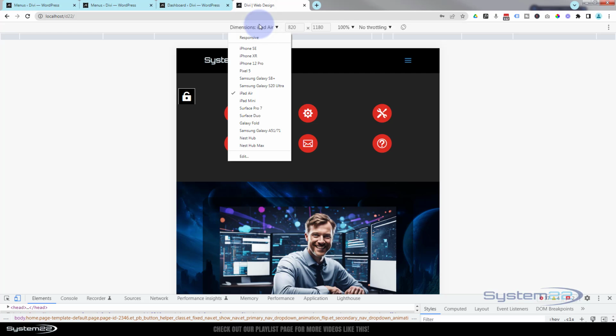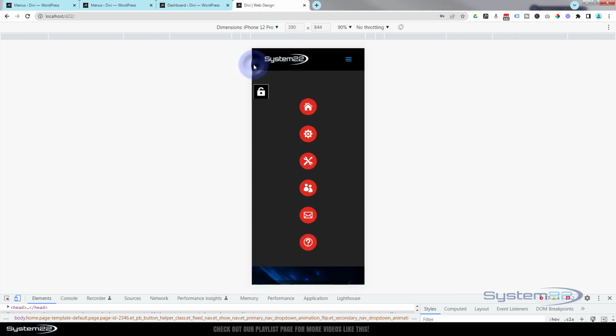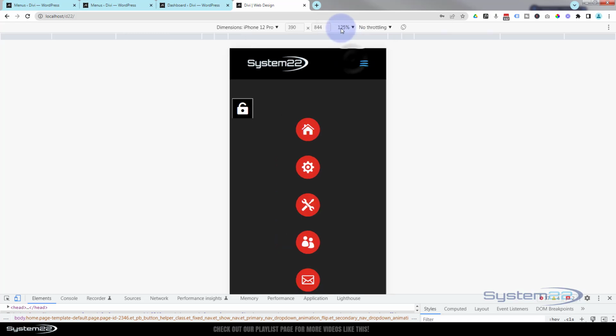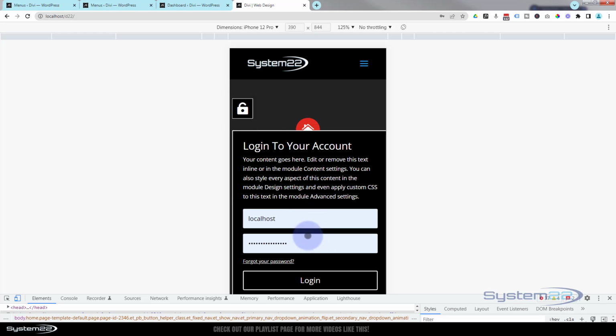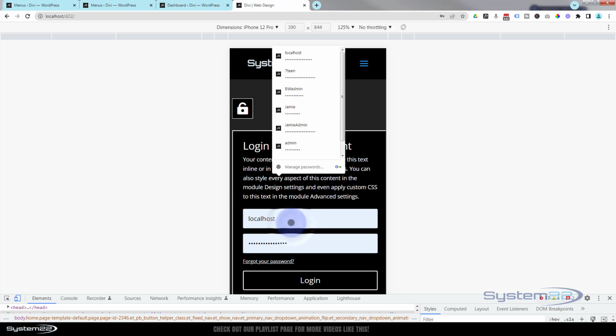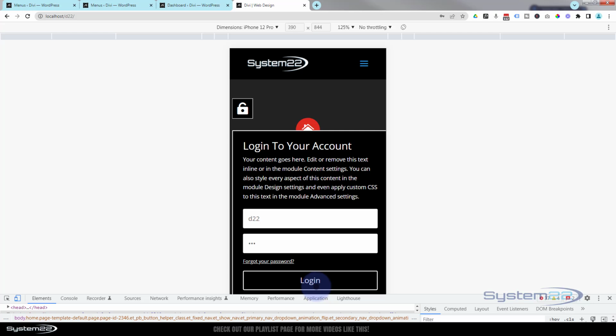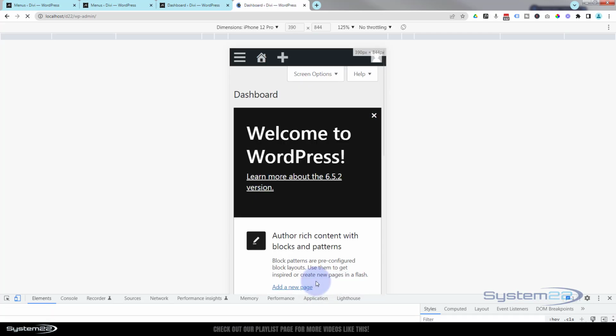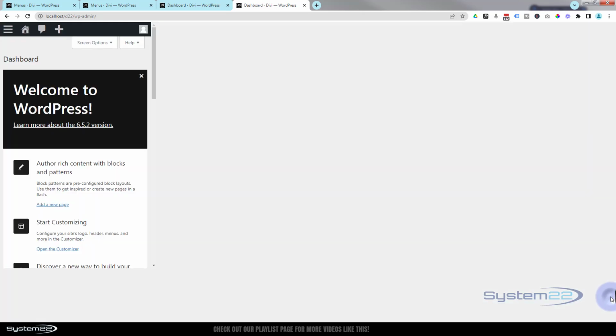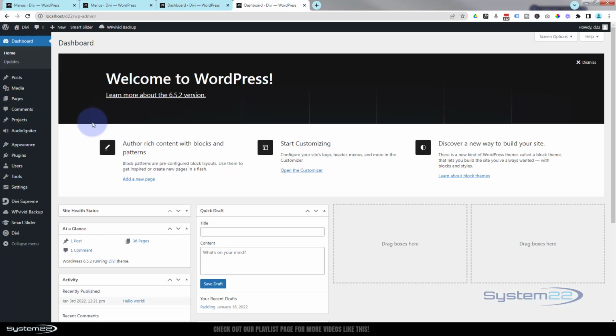Let's have a look on iPhone. And we'll make that a bit bigger too. And again, if we click on it, the form pops out. And of course, we can fill it out and hit the login. And it logs us into the dashboard. Let's get rid of our responsive devices there. If we go back to that page,